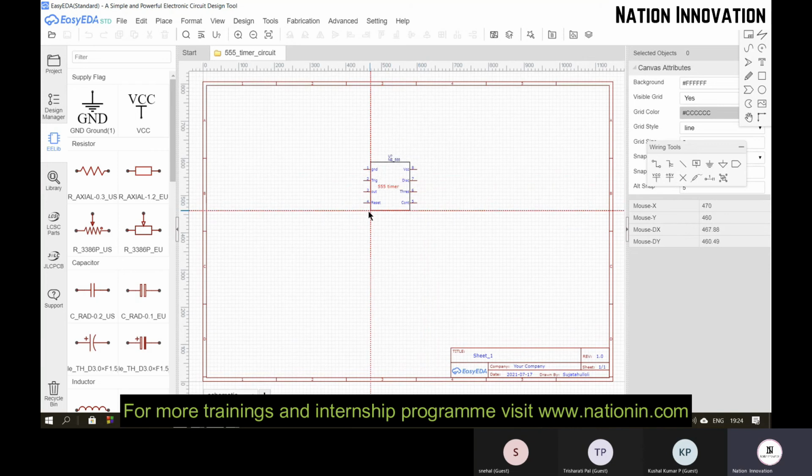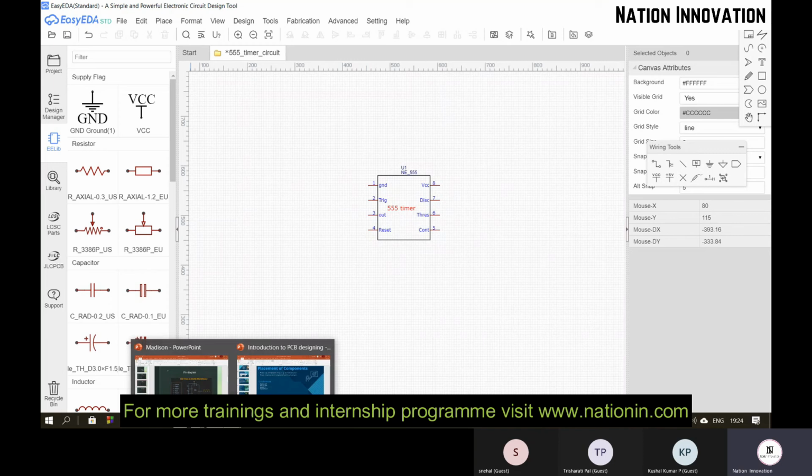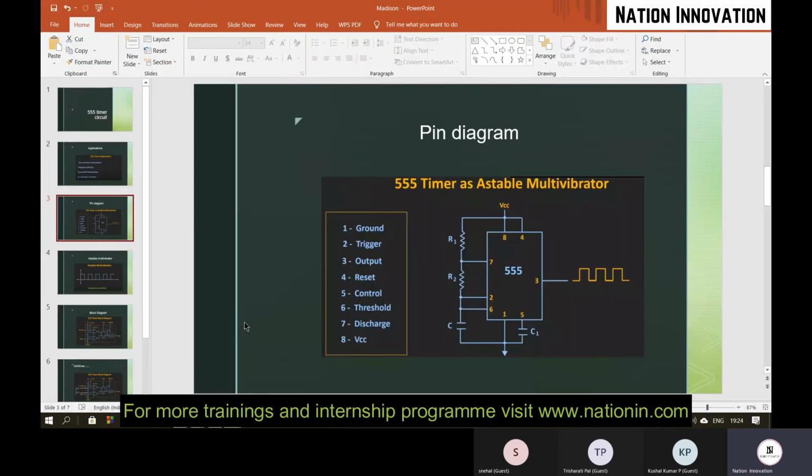Just place that IC here, and to that IC we'll be connecting the components. We are going to design this astable multivibrator. So we have two resistors and two capacitors. According to the values of your resistors and capacitors, the time period of this clock will change.